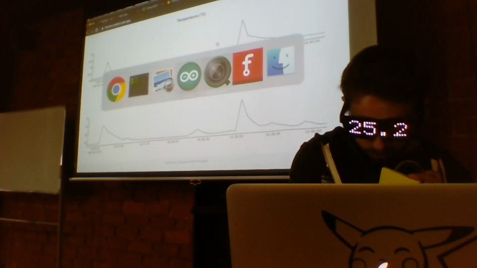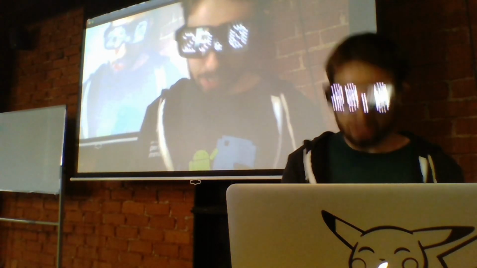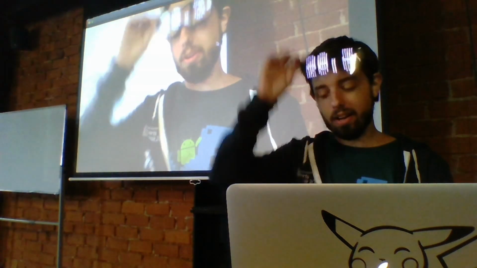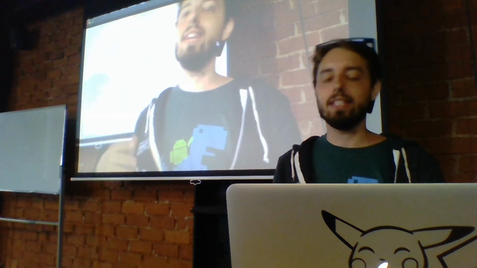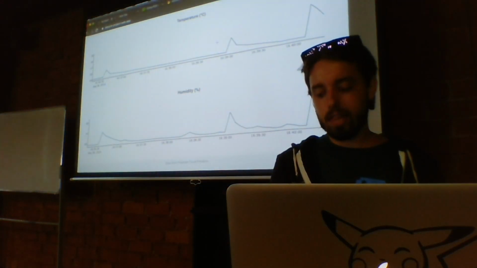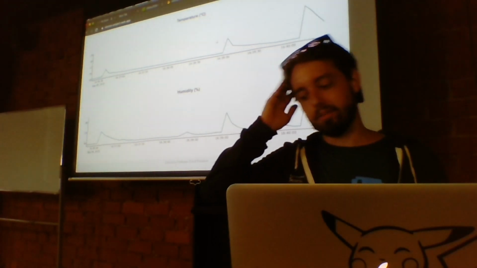Let's try to raise the temperature. Okay, it works. You can see it works in real time. But you know, Cloud IoT Core is good to connect any devices. Earlier we connected our computer using curl. Then we connected a microcontroller, but you can also connect devices to Cloud IoT Core.